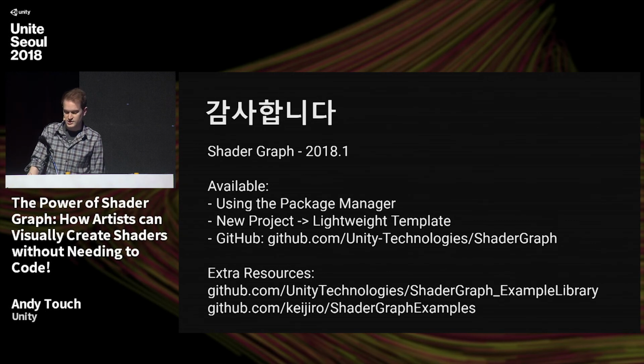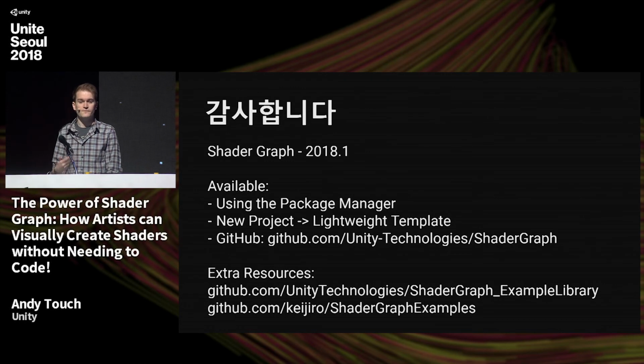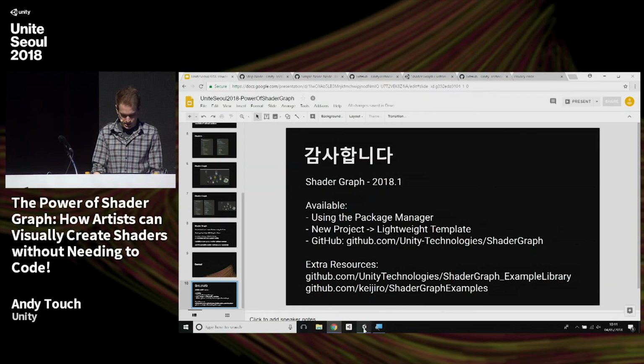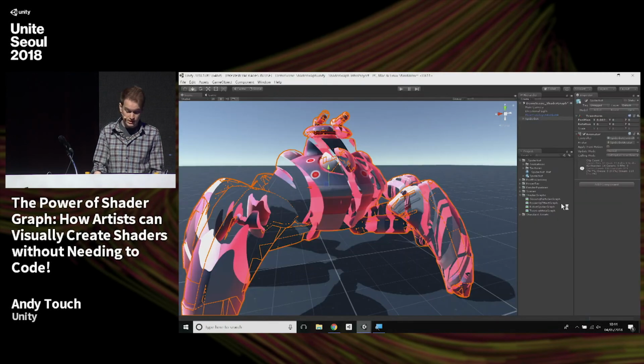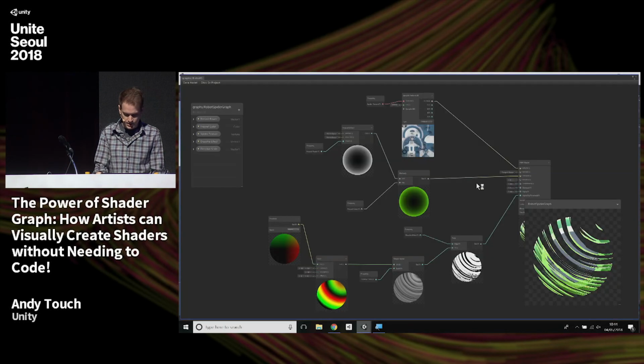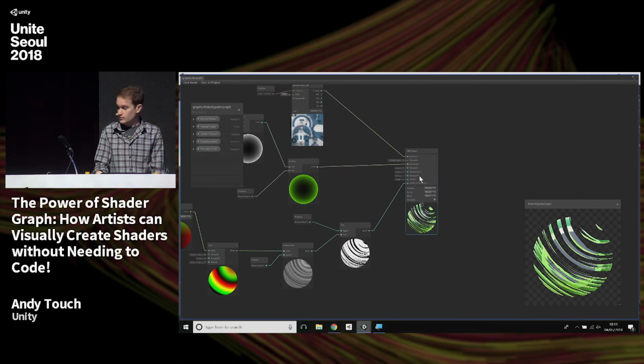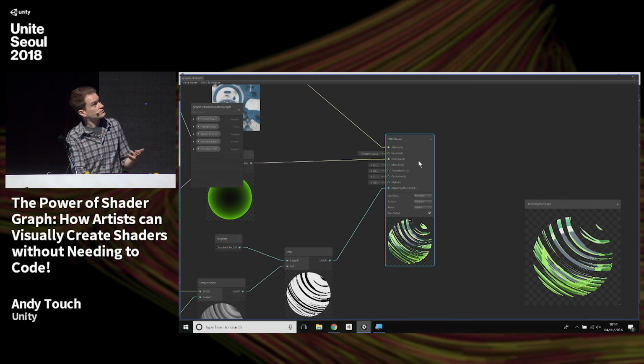So one of the questions is, can we get the graph material to shader code? So how can you view the shader code that is generated? And I will show you very easily how you could do that. So this is already automatically generated. Now, if I select this and,